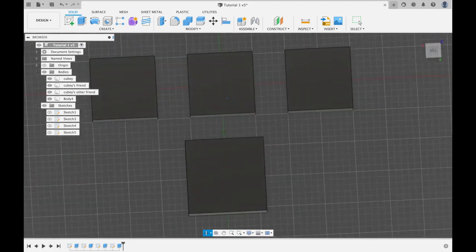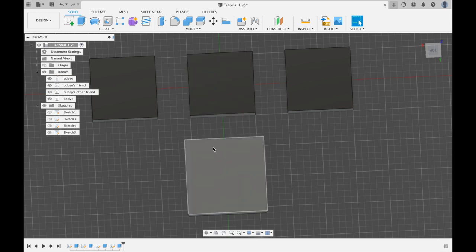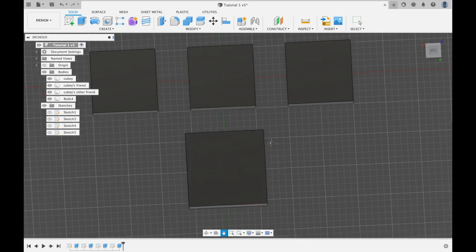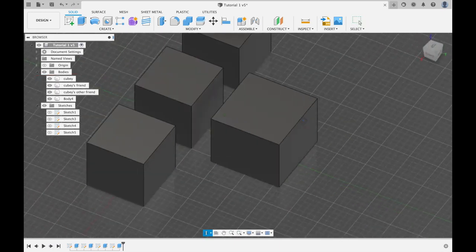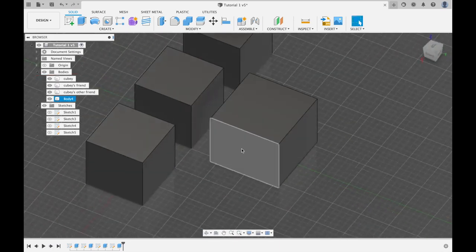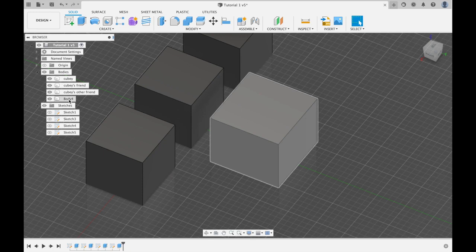And this is what we mean by Fusion 360 is a parametric workspace. You can define the parameters in your sketch, and anything that you do to that sketch will be translated over to however you create it into 3D. So let's say this is QB's bigger friend,